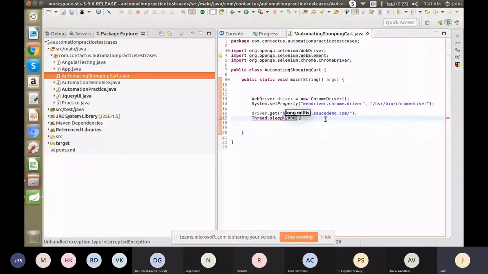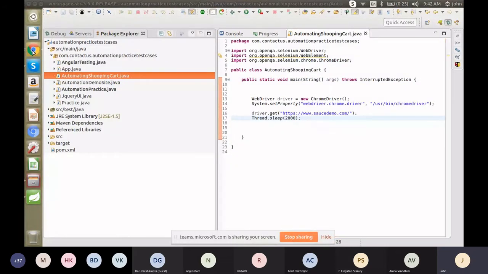It is an inbuilt thread we are using, so we have to throw some exception, InterruptedException. If there is any issue, it will throw the exception. So now it is loaded.